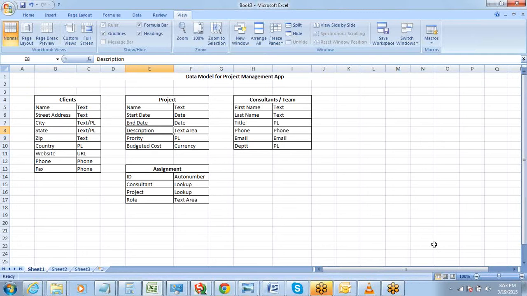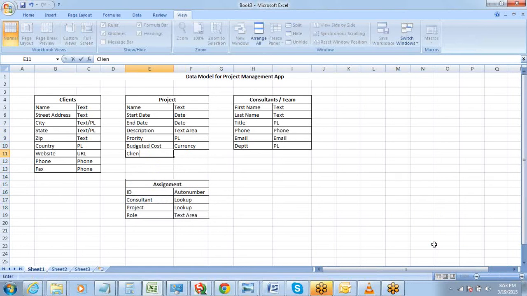So one important field that we are missing on the project object is the client field. Why do I need a client field here? So that we can understand which client the project has come from. Is it from IBM, or Wipro, or Dell? Which client has given us that project? So this is going to be a relationship field.